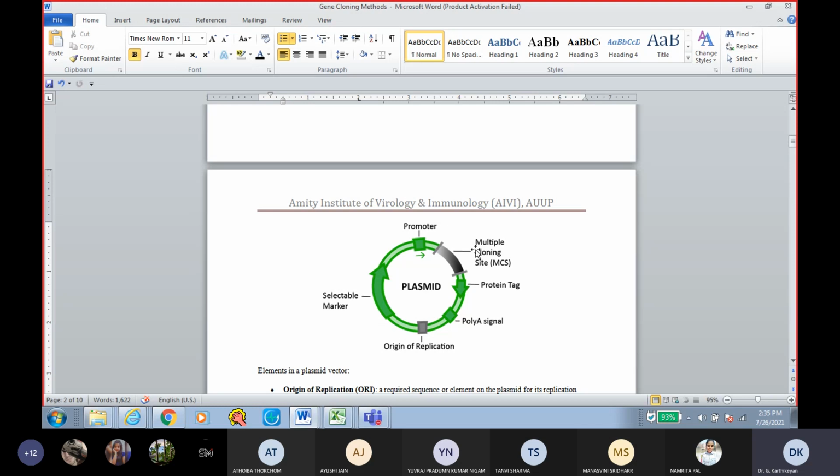Okay, so this is the typical structure of a plasmid. It has a promoter that is going to drive your gene of interest, and this is called the multiple cloning site. Okay, if you look at the early plasmids, when the molecular biology revolution started, it used to have one or two restriction sites. Multiple cloning site is nothing but a collection of restriction enzyme sites. And as things improved, now you have plasmids that carry several restriction enzyme sites in the multiple cloning site. And this is followed by a protein